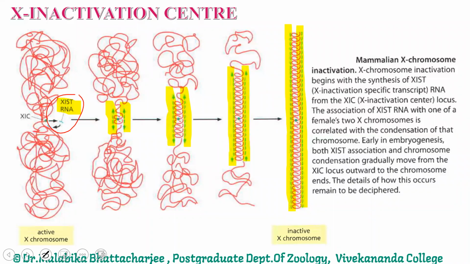So this is how, in the mammalian setup, the X chromosome is inactivated. Now, as I said, if there are two X chromosomes, one of the X chromosomes gradually becomes inactivated to give rise to a small heterochromatic mass, which is often referred to as the Barr body. Don't confuse it with the Bar gene present in Drosophila on the X chromosome. That's Bar eye color. But this is Barr body, B-A-R-R. I'll come to the Barr body a few slides later on.